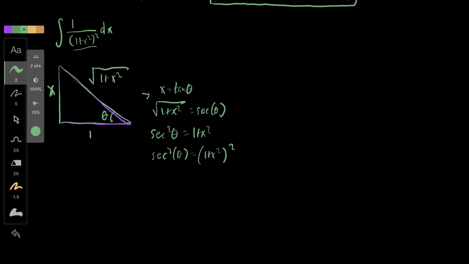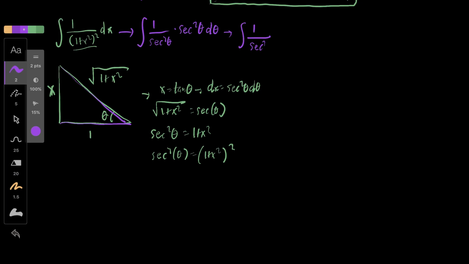We know that, but what about dx? Well, just differentiating gets us secant squared theta d theta. So we can plug all that in and we can go to solving this problem. So this integral becomes 1 over secant to the fourth theta multiplied by secant squared theta d theta. And what we can do is we can just simplify. So we get 1 over secant squared theta d theta. But notice how this is also equal to the integral of cosine squared